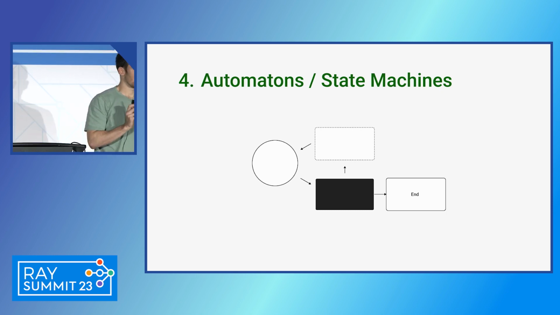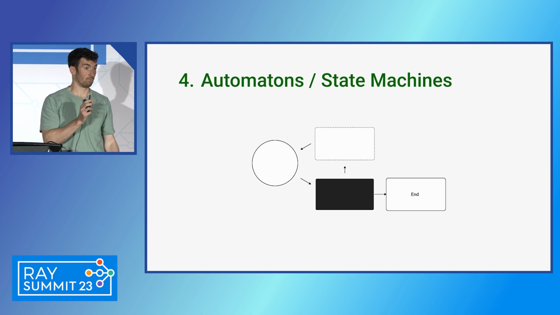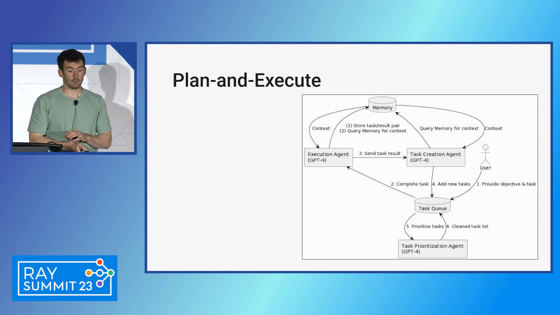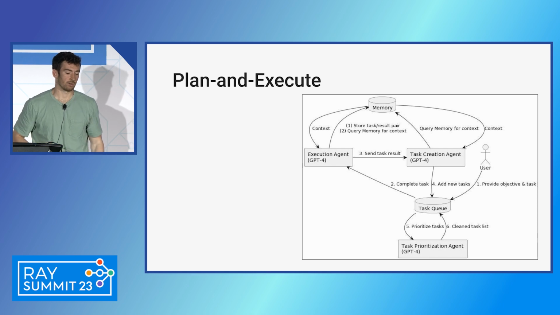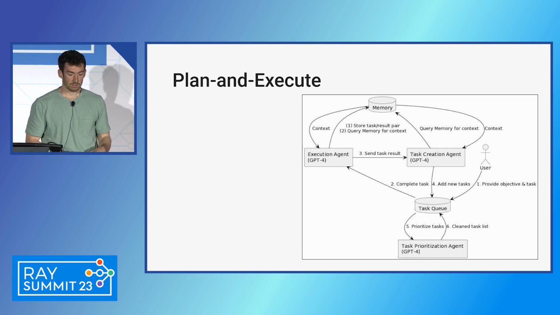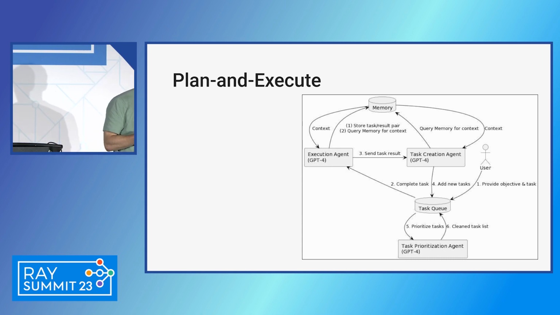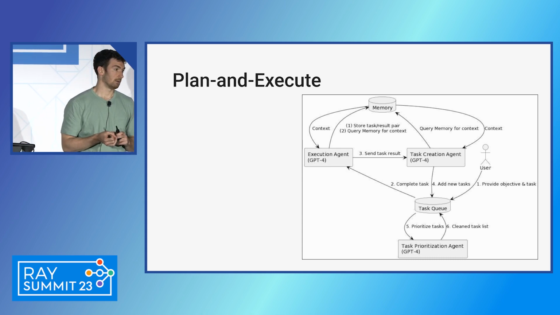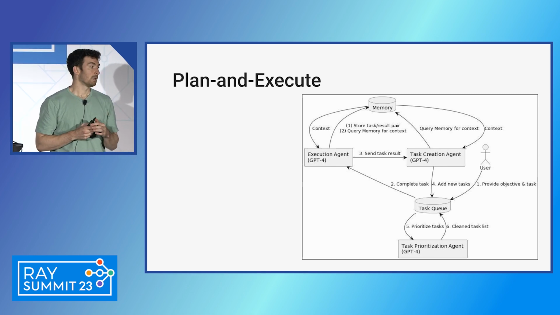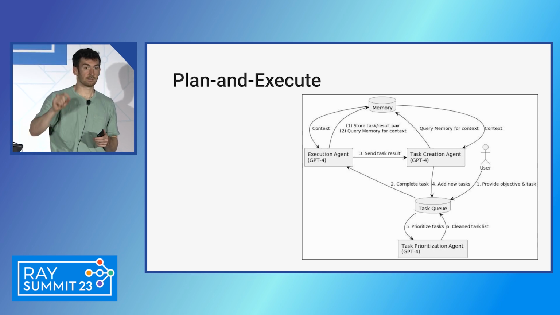And so just to show some real-world examples of this, because this is actually the level where we see most real-world agents existing. We can look at plan and execute, or this is actually a diagram from Baby AGI, which is very similar to a plan and solve paper, and we've implemented in LangChain as plan and execute. And basically, you see here that you have a few different types of agents at various parts in the process. You have an execution agent, you have a task creation agent, and you have a task prioritization agent. And so in the Baby AGI, I think these are all different prompts. And you're cycling between these different states of the world. And at one state, you're planning what to do next. Then you execute on that.